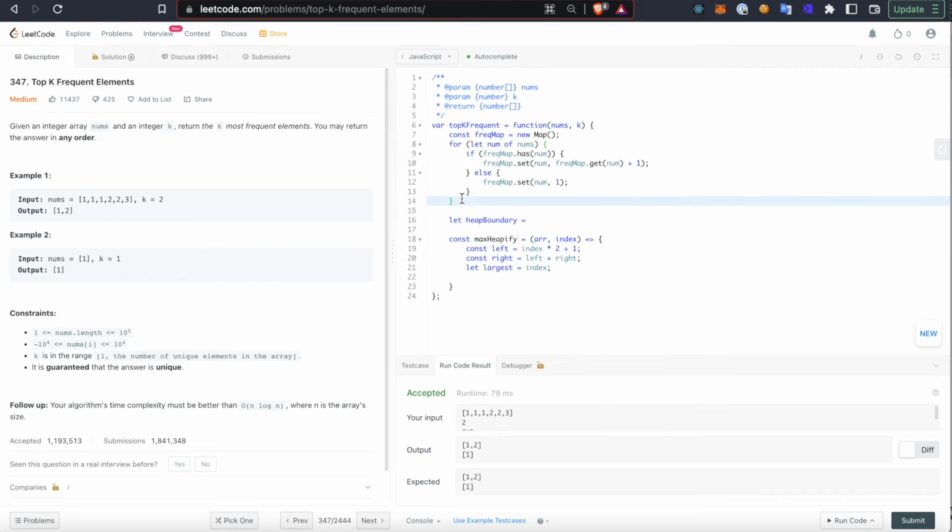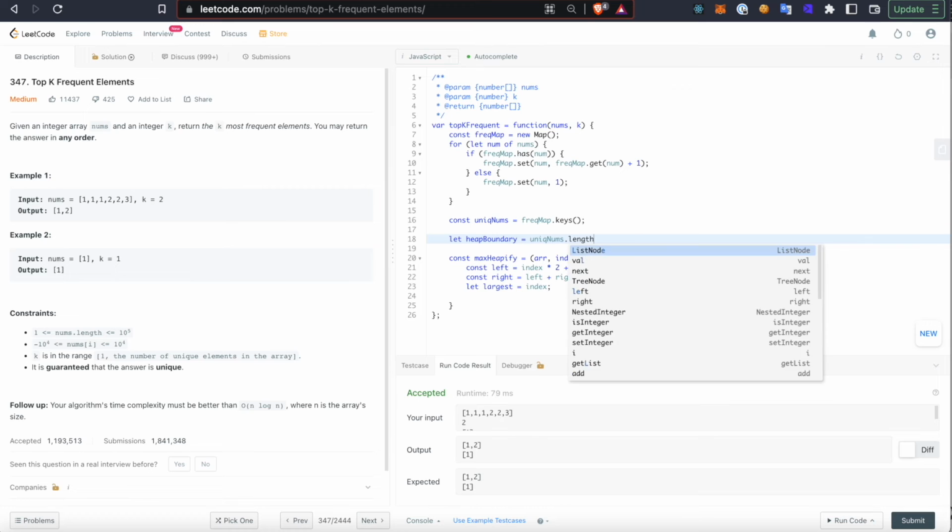So we do need to know how many unique items there are if you want to use the heap sort approach. So let's quickly grab that. So unique nums equals frequency map. How will you get that? I guess it's just the frequency map, where the keys are the unique numbers, and then we say